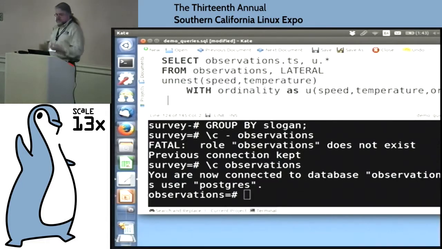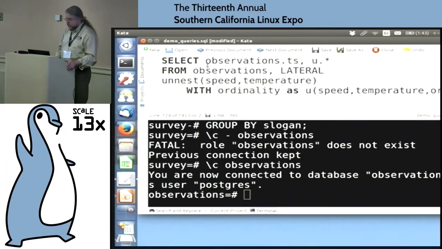Now, previous versions of Postgres had this thing called unnest that you could call in order to turn an array into a column. But the problem is that if you have multiple arrays, there wasn't a straightforward way to turn them into multiple columns. This unnest feature, together with a bunch of other improvements in table functions, allows you to do that. So here you see a construct that you probably haven't seen before, which is a lateral join.